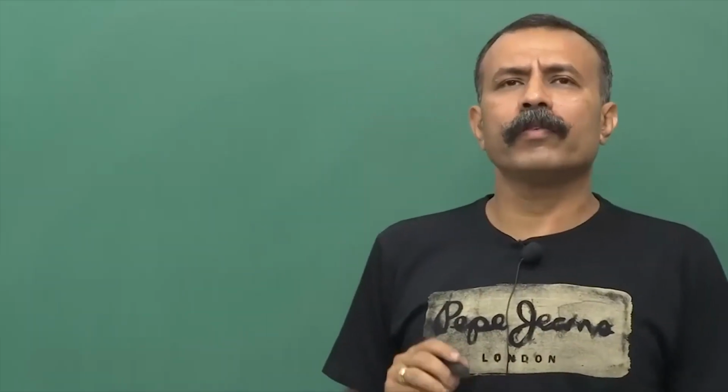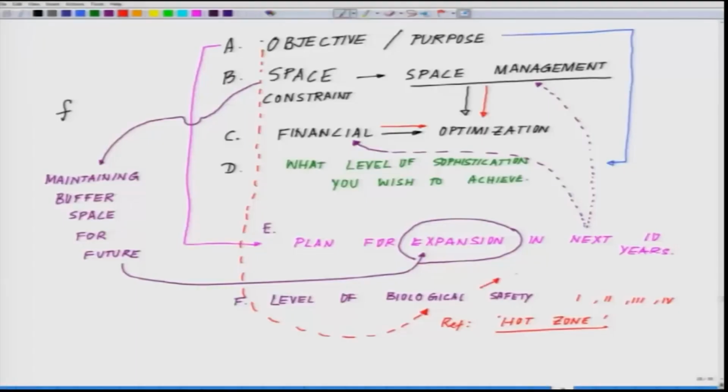Okay. So, next is this biosafety level, which you have to be very, very critical about. And in that, of course, I have already mentioned, you have to be very clear, are you working with DNA, are you working with other forms of nucleic acids and so on. Then you have to realize in that objective line, am I going to use live animals? In other words, say for example,